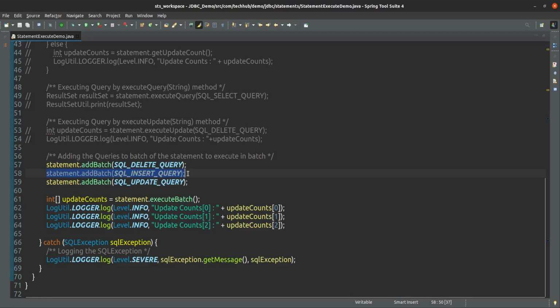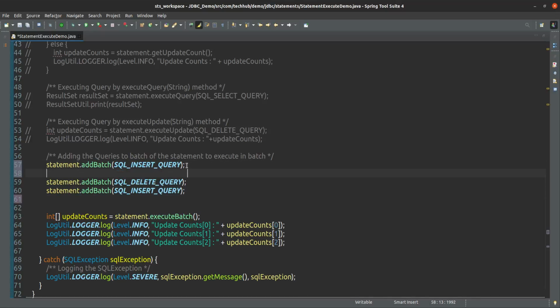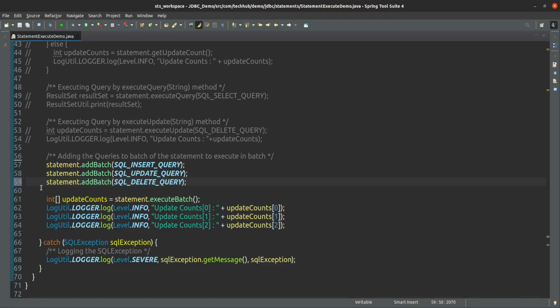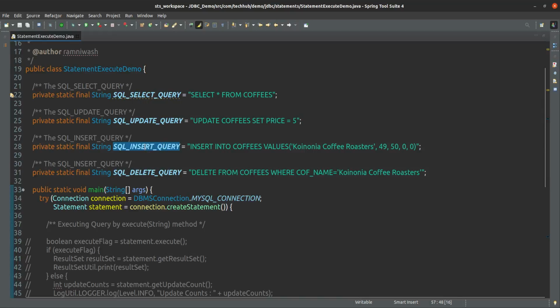I am doing this insert statement, then this update statement, then this delete statement. So there are 3 statements. What I want to do is add these 3 statements into the batch: insert, update, and delete. These statements I want to execute in one shot.